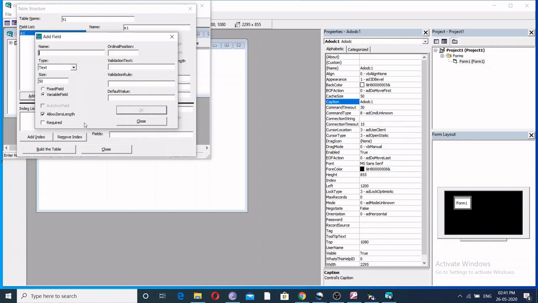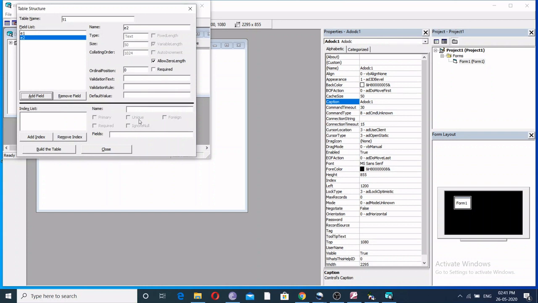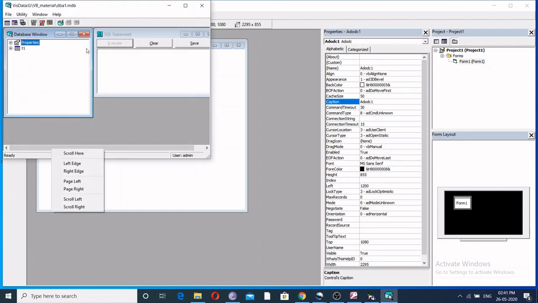Then let me add one more field, E2, let it be a text, then OK. So after adding the necessary fields, we have to click close, then give build the table. After clicking build the table, the corresponding table will be added here.